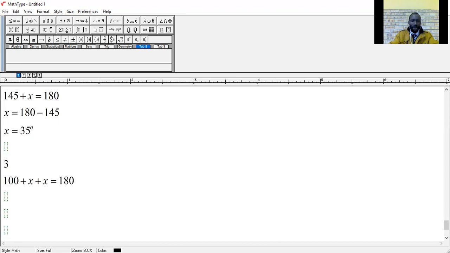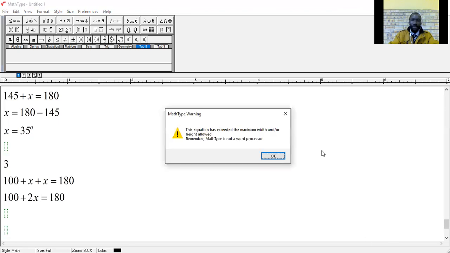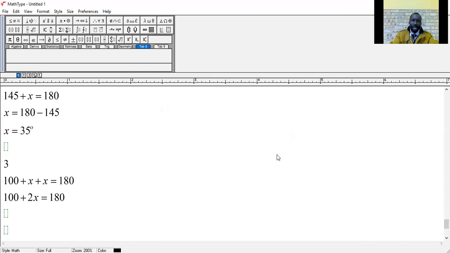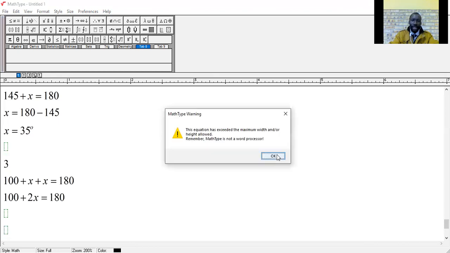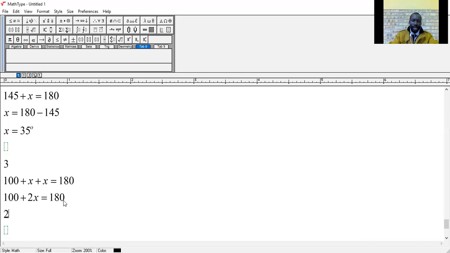Now in the next step, we will be having 100, this time added to x plus x, which is 2x, giving us 180. So that we can then find the value of 2x. Now, when we find the value of 2x,